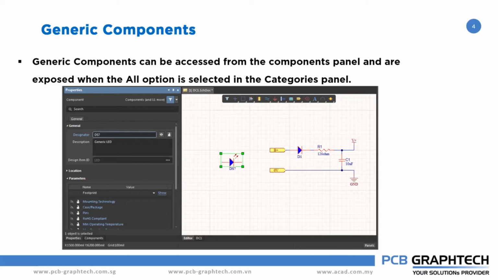It also acts as a placeholder that is easily replaced by a suitable component. These generic components are also considered virtual or parametric components. Each generic component will have a unique symbol for easy identification and replacement.